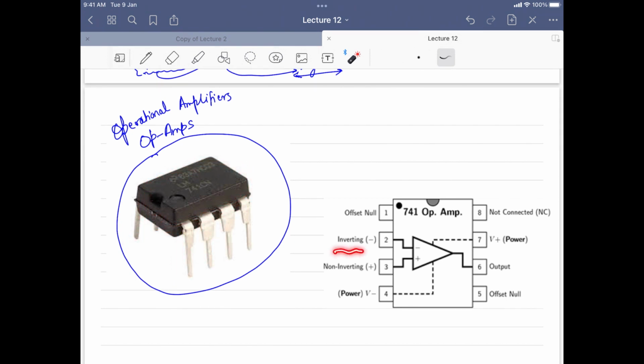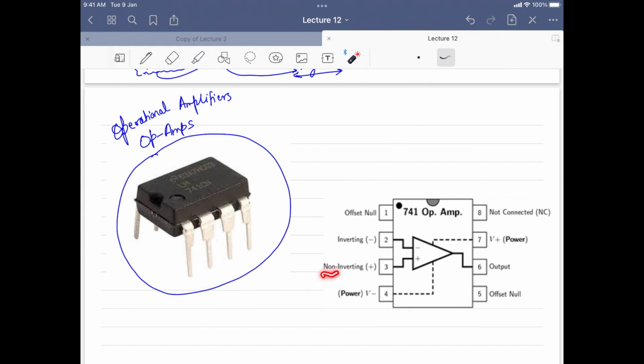We will explain what these are, but you can say this is the second terminal and this is an input terminal. You will apply input into this second terminal, and this is called the inverting terminal. We will understand all these terms in the coming slides, do not worry about it, but for now you can understand that this is the inverting terminal, the second terminal, and it will be an input to this device.